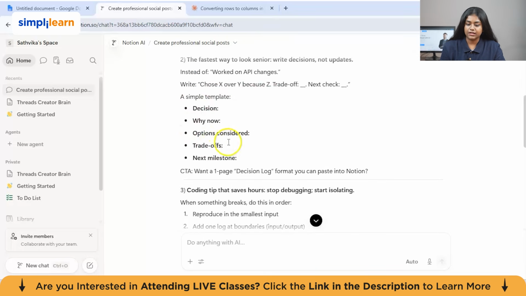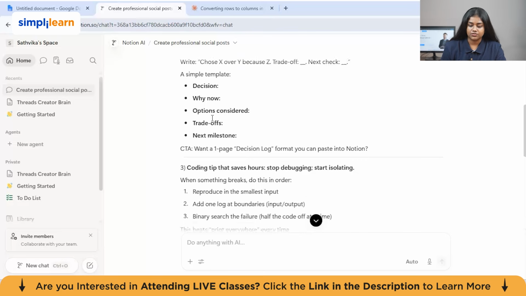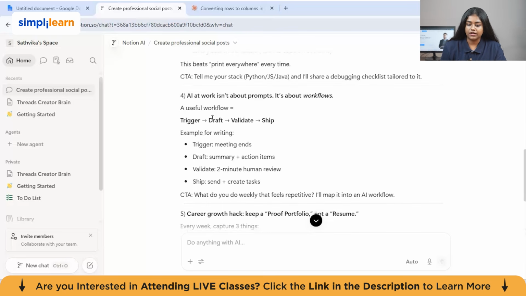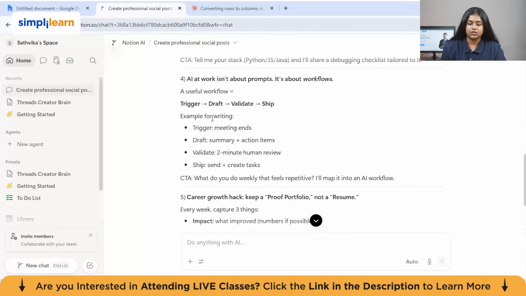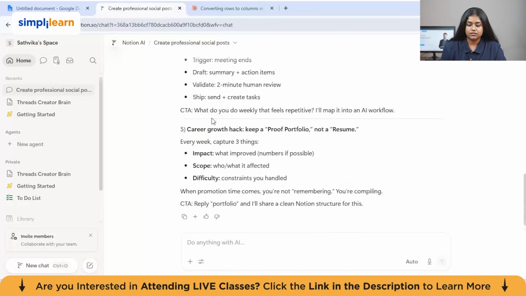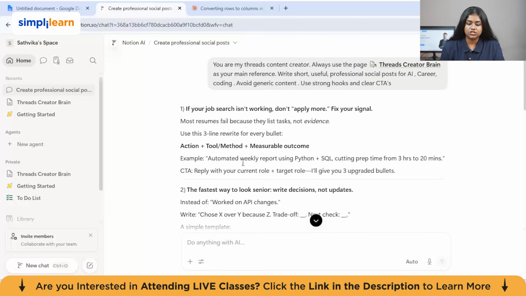So it has also given us a template of how we should prepare the resume, like the decision and why are we applying it now, and what are the options considered, the milestones, trade-offs, etc. It's also given us the coding tip and why AI at work isn't about prompts. So it has given career growth as well, the impact, scope, and difficulty. It's basically given us the whole gist of why the job search isn't working